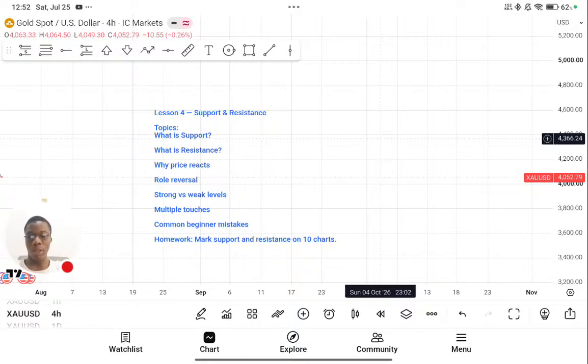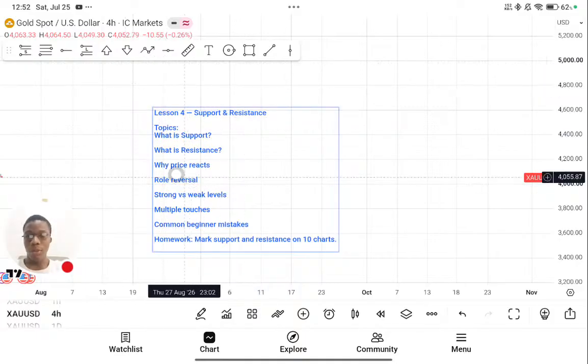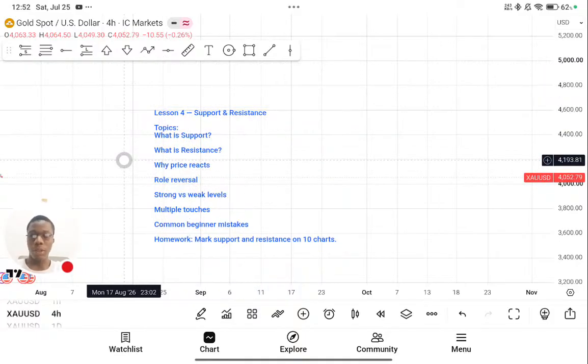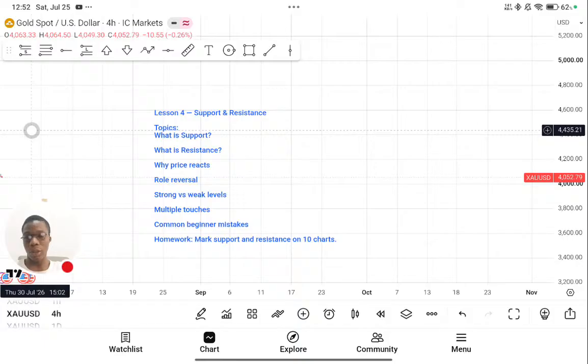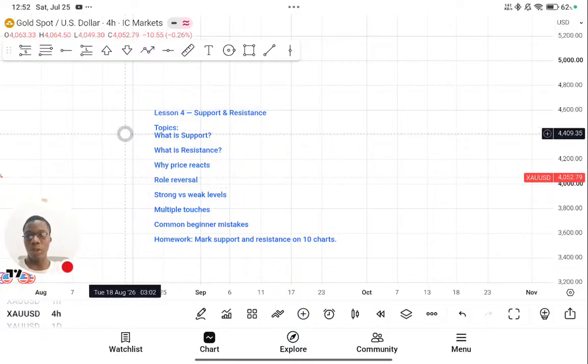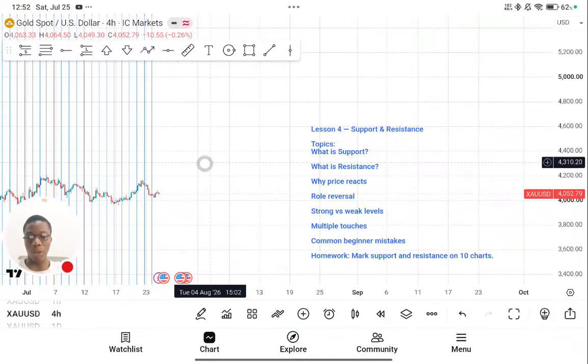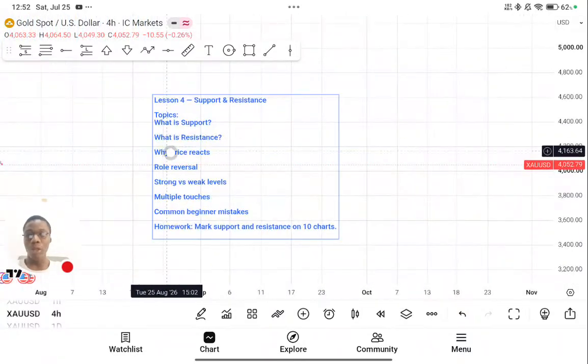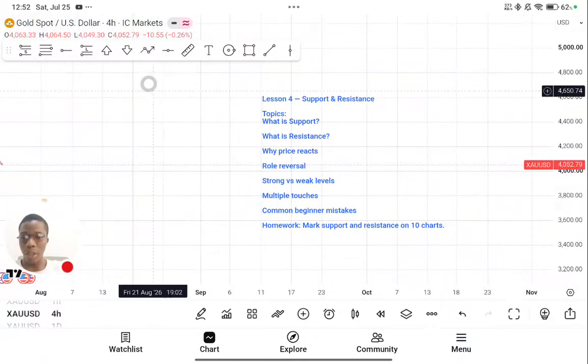So that being said, let's look at what is support and resistance. Support and resistance is what we're going to be treating today. Candlestick explained to the basic level. You're going to see where we're going to be applying what we learned in lesson 3, but not now. So support and resistance. What is support? What is resistance? Support is a point in the market where